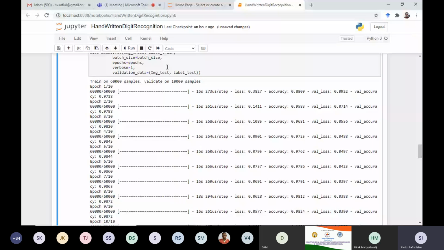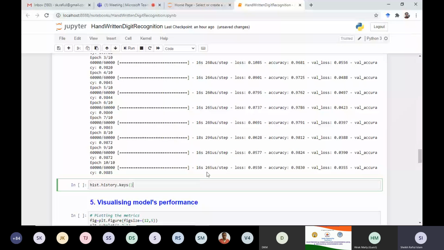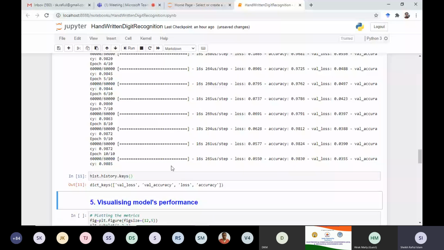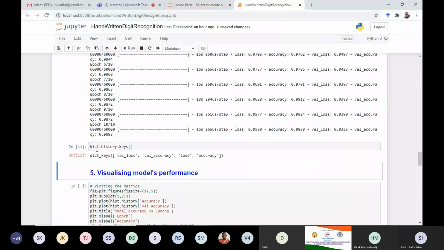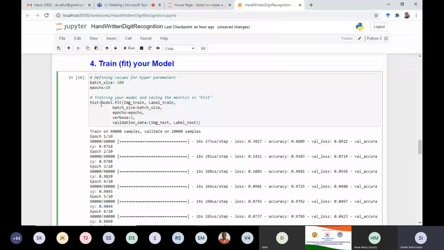And see, the values are appearing here. The same values, if you want to see them graphically, we will have some graphs for that. See, we have executed this hist. As we want to visualize these values later, we need to have this variable.